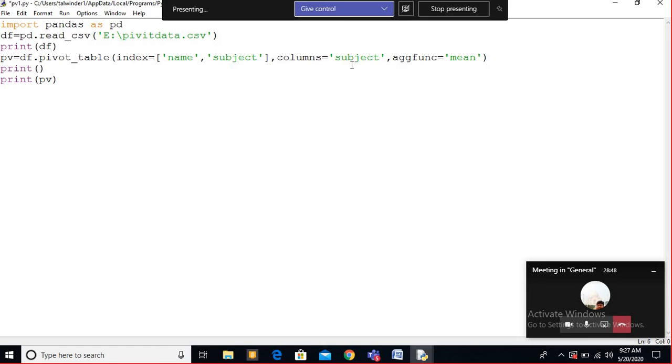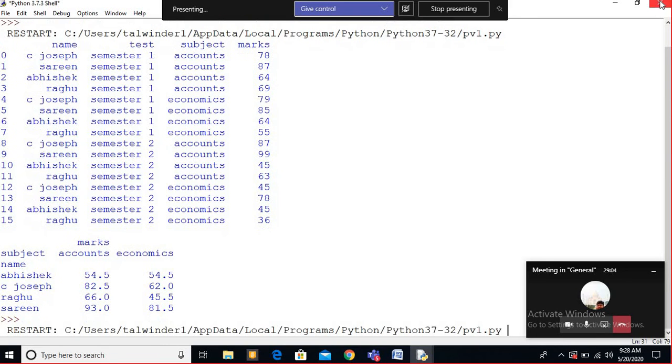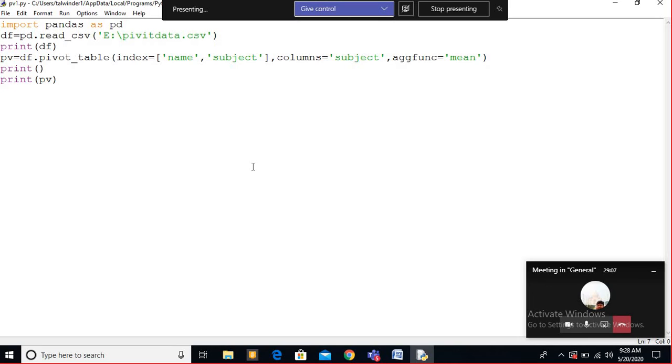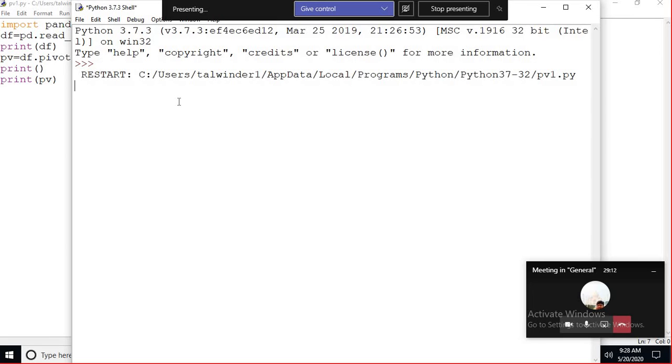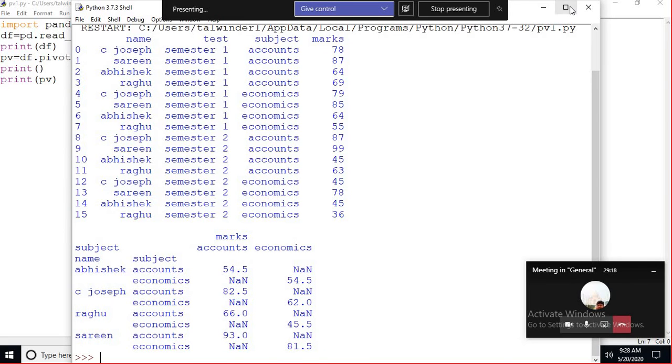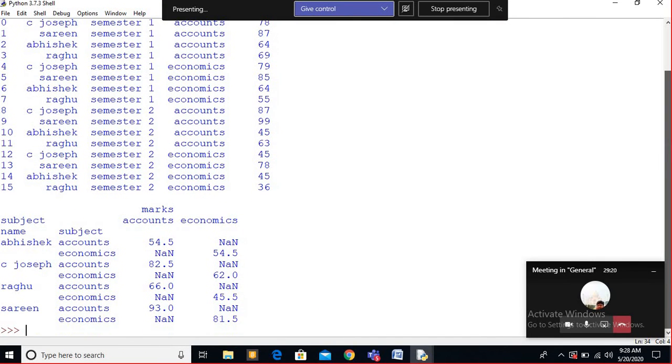I want to see the columns also, so the columns will be the subject only, but I'm using both as index, one is a name, one is a subject. So just see the output. I always forget to kill this. Now you see, this is now shown to you. Am I clear?